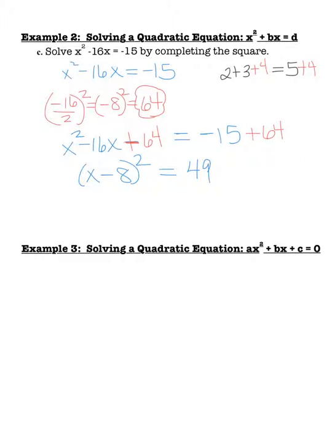Now from here, in order to get rid of the square, we're going to take the square root. And since this side had the square, this side we will take the square root, but we will take plus or minus that square root. So let's rewrite it as x minus 8 equals plus or minus the square root of 49, 7. So now I'm almost there. I have to solve,